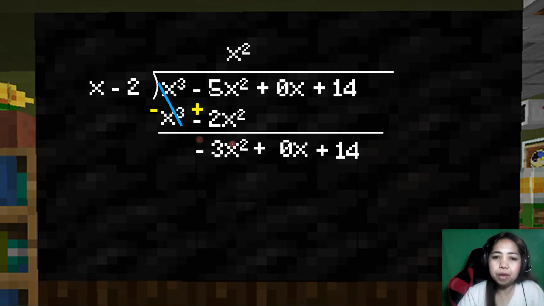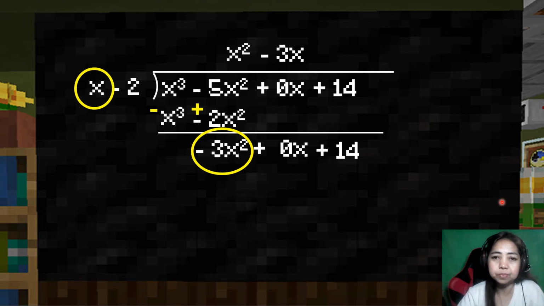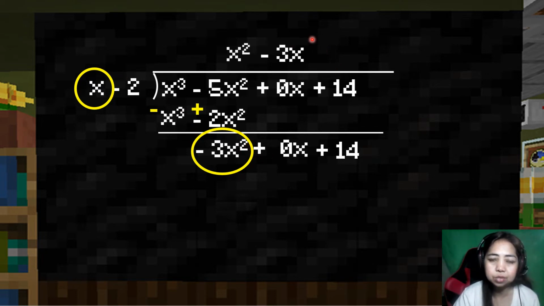Next step, ito naman yung ating papandivide doon sa ating divisor. So, we have negative 3x squared divided by x. So, negative 3 times invisible 1 is negative 3. And then, x squared divided by x is simply x to the first. So, negative 3x. Diba? Ulit, negative 3 times 1 is negative 3. And then, x squared divided by x. So, subtract lang natin yung exponent niya. 2 minus invisible 1 is x to the first. And then, next step,